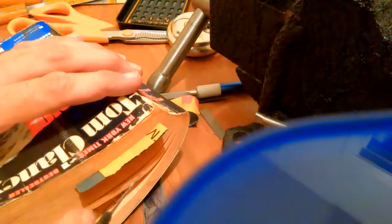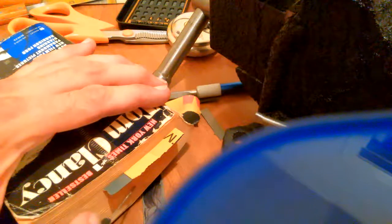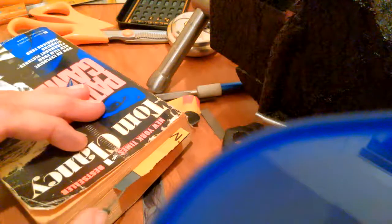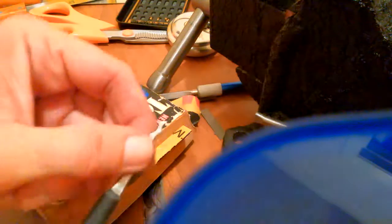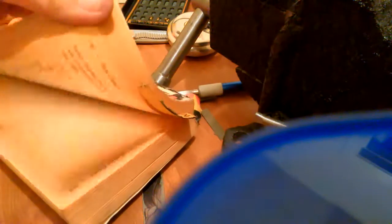Now you can start off with, like, the lower the number, the bigger the chunks, the rougher it's going to be. So you can start off with, like, say 800 grit. It's not too bad, and it takes off quite a bit, or even 400. You can go down to 400 or 800, but then when you want to start getting to a polished finish and everything, you want to move up to like 1000, 1500. There's 2000 and 2500. You can go all the way up to all those different ones, and if you put them in different layers, in different sections of the book,